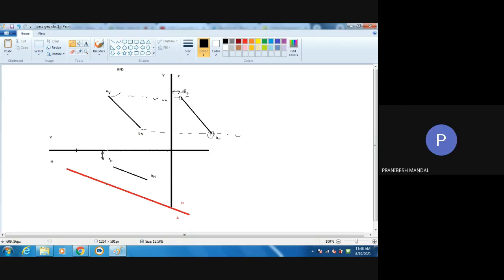What do I mean by the next one? See, this is VH and this is VP, right? Follow this, this is very important. This is VH plane and this is VP plane. So when you are projecting from the V plane to P, how are you getting this particular length to be cut? That you are finding out from the other plane H. Got my point or not?